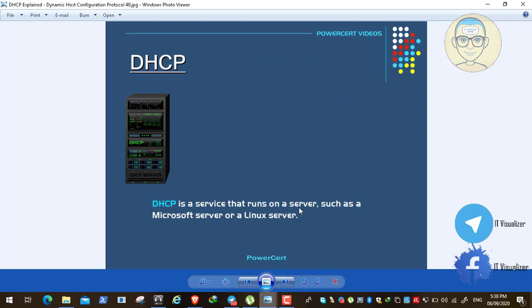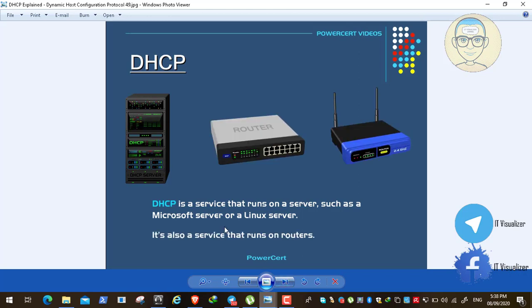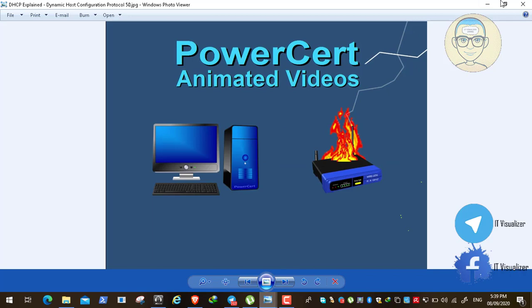And then the DHCP can run on a server, Linux or Windows. You can use both services on a Windows or a Linux server, and it can also be run on your DSL router at home. So with your DSL router at home, the different devices in your home get an IP address automatically from the router, and the router also works as a default gateway, the device responsible for getting you and all of your devices out to the internet. So this is in brief what the DHCP option is, okay,